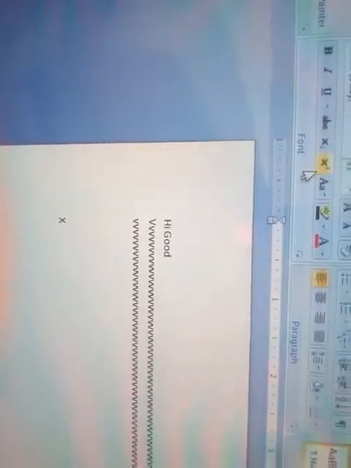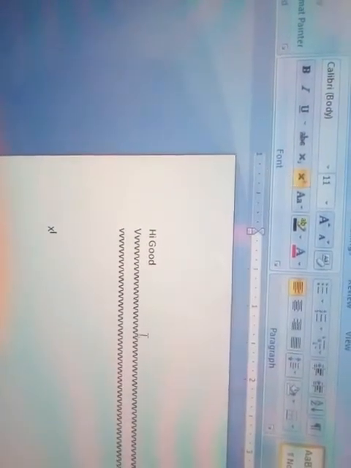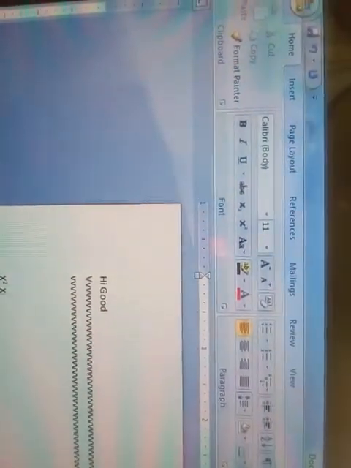How to write it: I have written x here. To write x square, you have to select the superscript, which gives x squared. After this, remove the superscript. Then for x to the base 2, you have to use subscript. Press subscript, then type x2, and it comes down. After that you have to remove this. This is subscript and superscript.